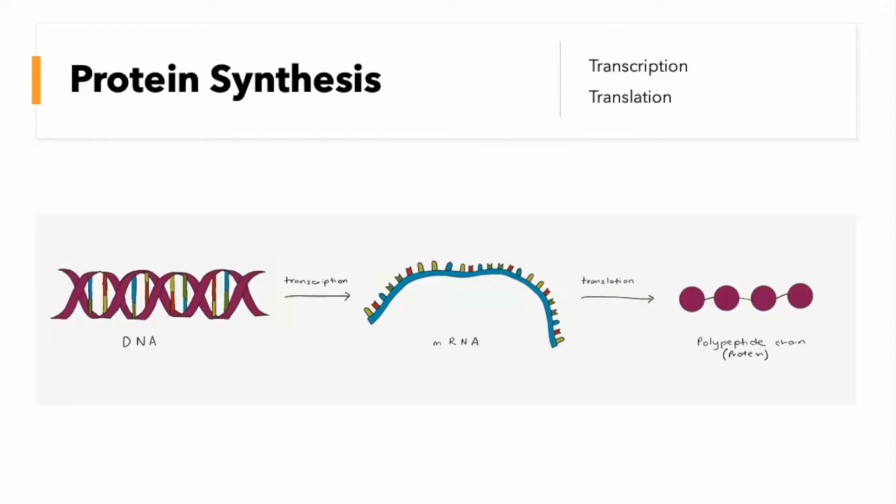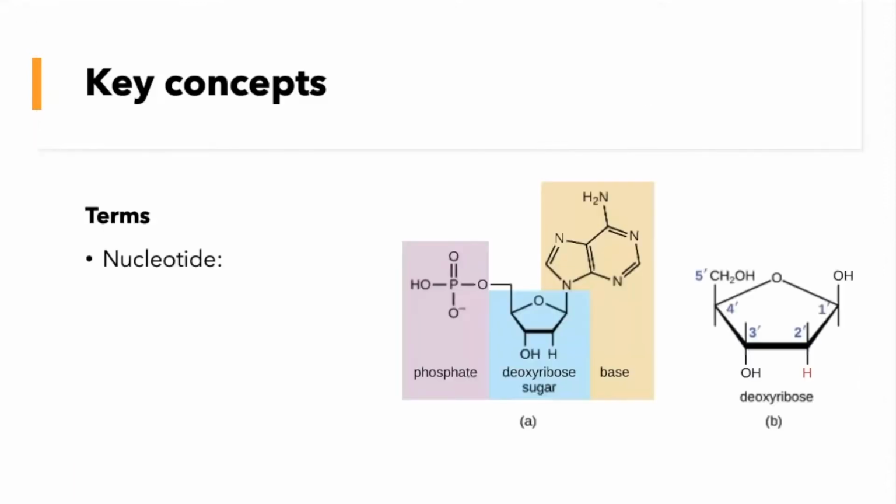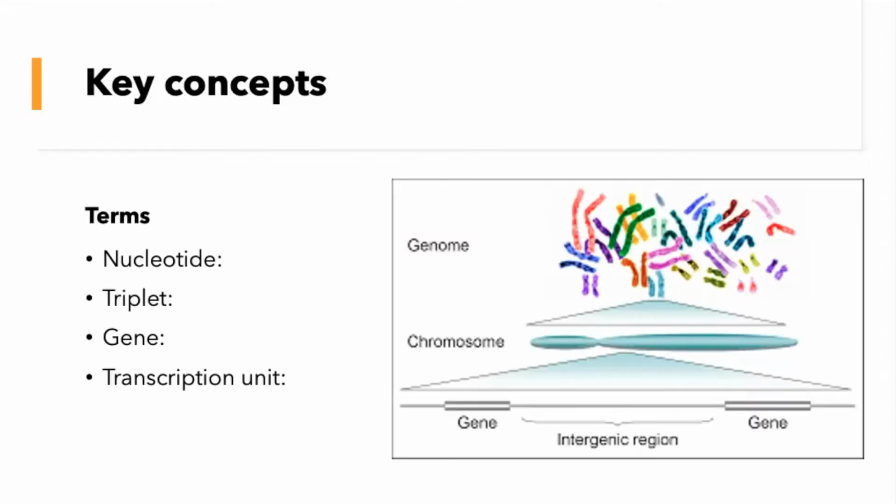Now let's look at some key terms that will help you understand the concepts presented in this episode. Recall that a nucleotide is a unit that makes up DNA and, in some cases, RNA, that consists of a base (adenine, thymine, guanine, cytosine), phosphoric acid, and a sugar molecule. These nucleotides code for triplets. They are a sequence of 3 that code for a codon in transcription that are then translated in protein